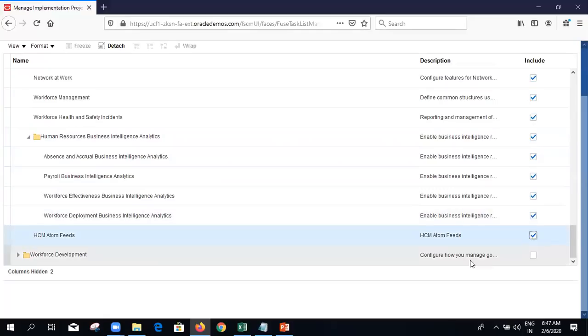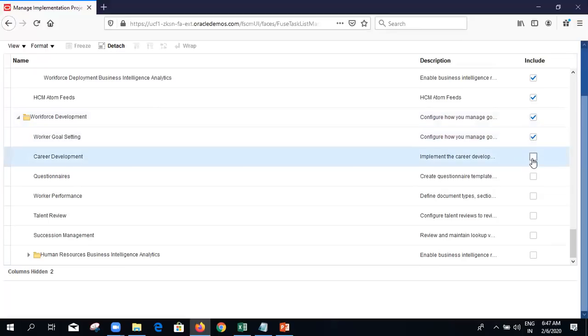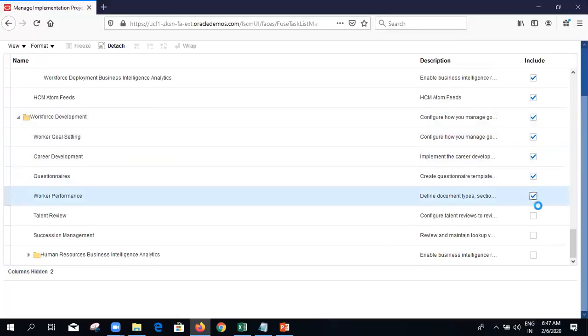And then workforce development. Here under this offering, our goals, talent and performance management will be there. Now if I drag this here, you will have this talent review, succession management, worker goal setting. These all are our goals, talent and performance management module.